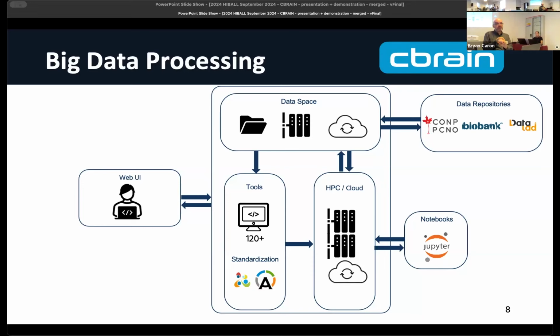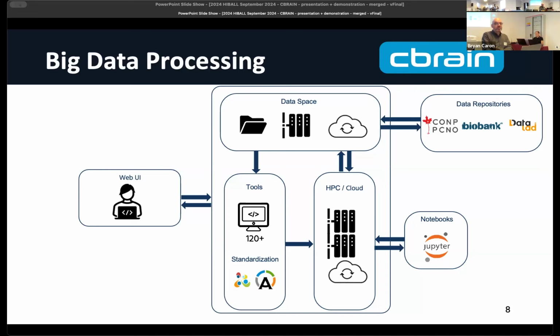But because we're using something called DataLad as a technology in the back end, I have a later slide where, if you're working with OpenNeuro data sets, anything within OpenNeuro can be accessed by the tools within CBRAIN. And very soon we're going to have a connection into, with a prototype we've got so far that works for any of the data sets that are within the EBRAINS context as well. So there's a plugin that adapts it from the EBRAINS data knowledge space into DataLad, which then we can import into CBRAIN. So we've got a proof of concept working for that. So this is the kind of typical workflow that you'll go through.